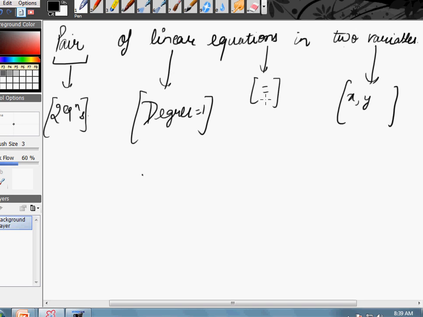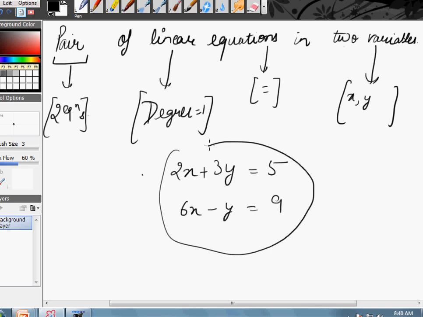Equation means having an equal to sign relating the different terms, whereas variables, two variables can be any x, y, y, z, etc. Thus, combining these we can have an example as 2x plus 3y equals 5, 6x minus y equals 9